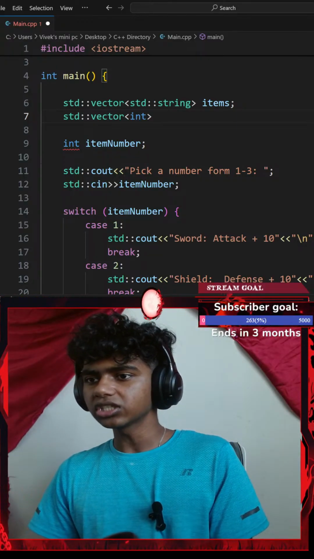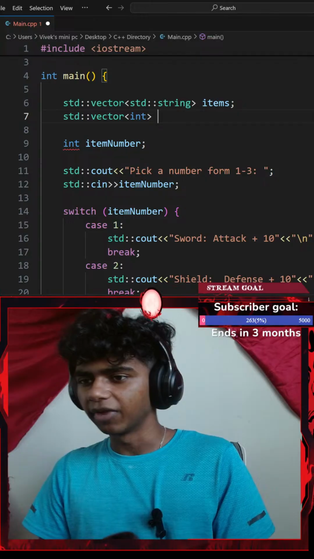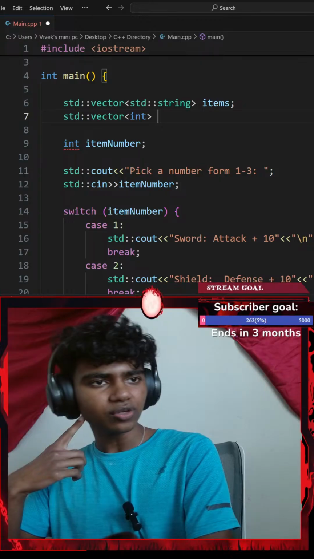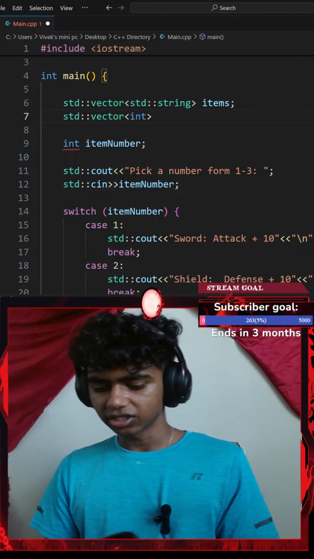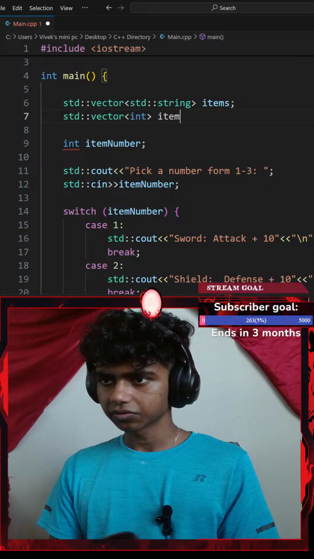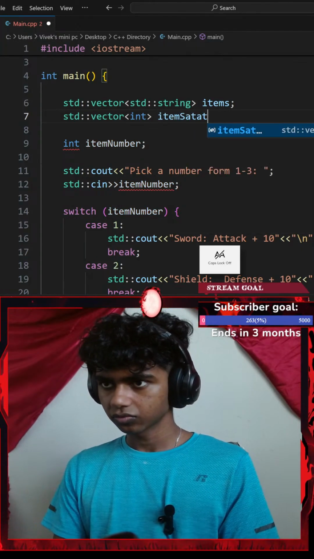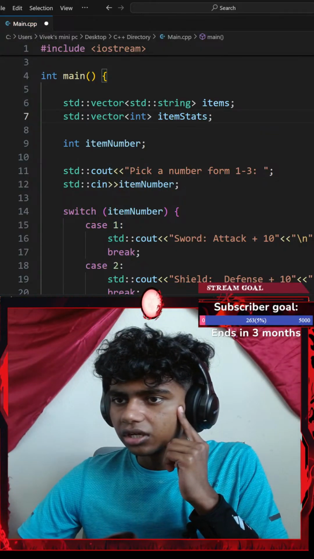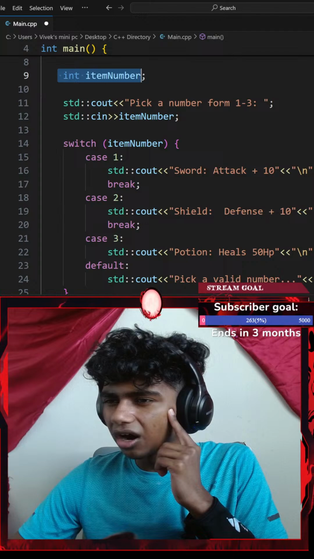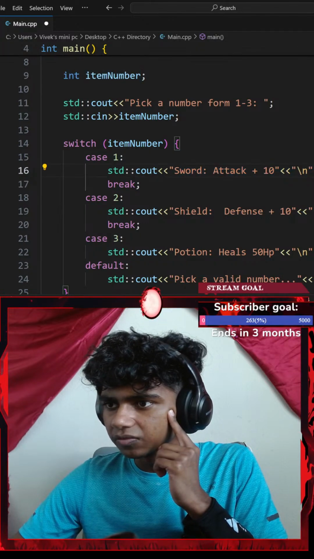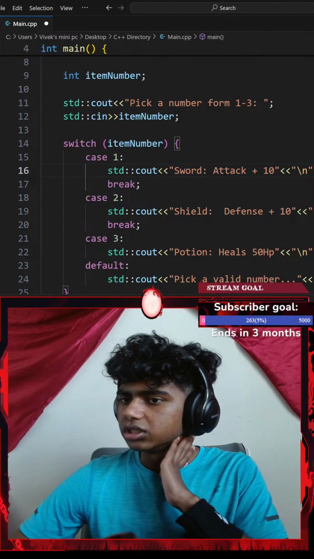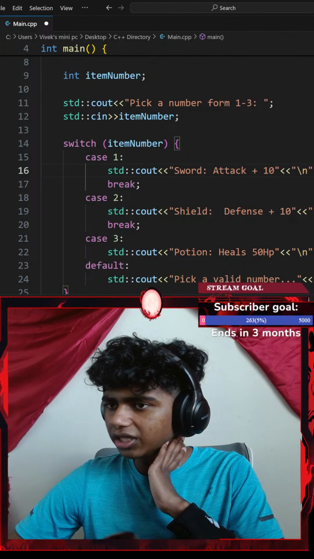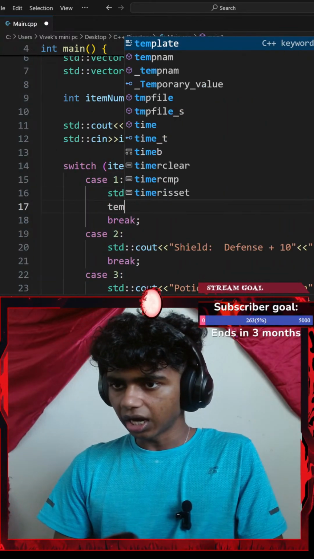This is going to consist of integers because I could append my item number in it. Would that make sense? Okay, second vector, store the item stats. So item stats. There we go. Okay, that might make sense. And then integer item. So these are my item stats. Could I go with something like push back instead of case 1? So I go with a case 1. Next up, let's go with my item